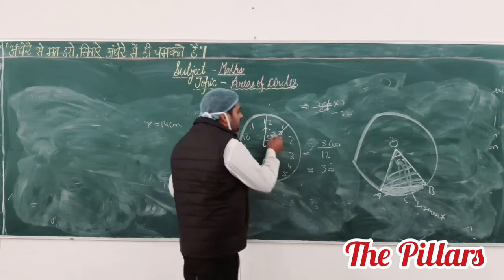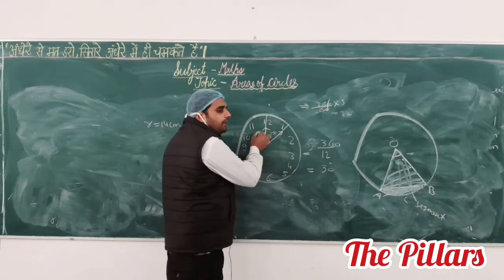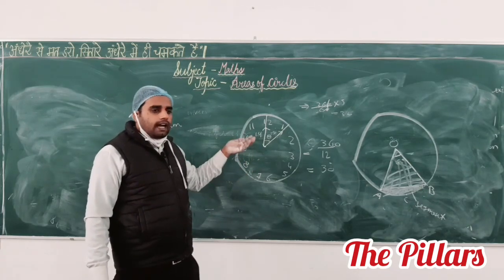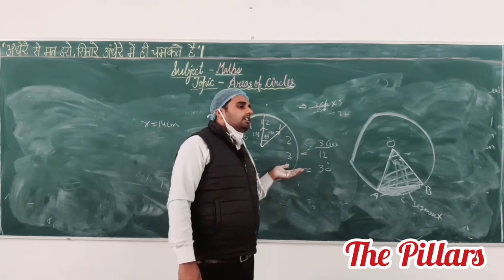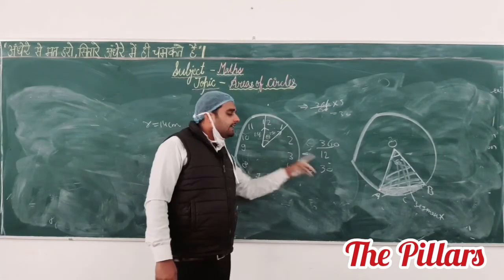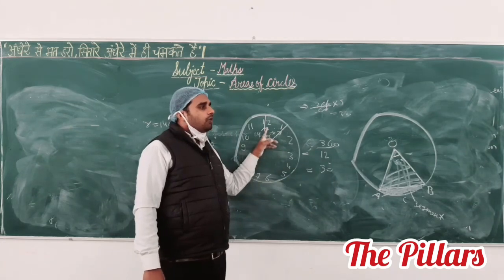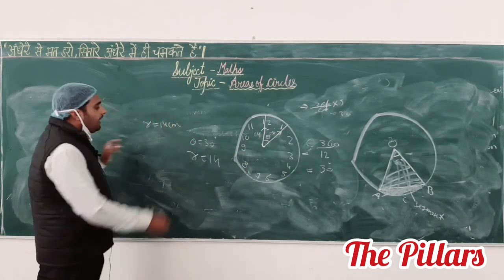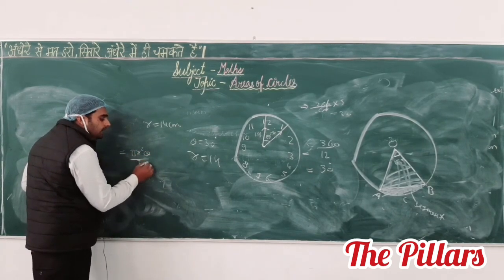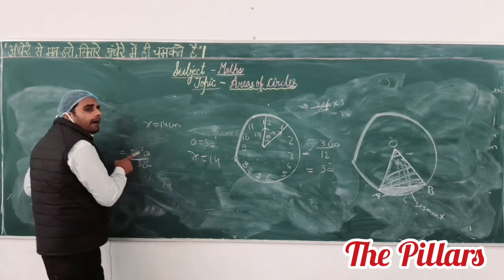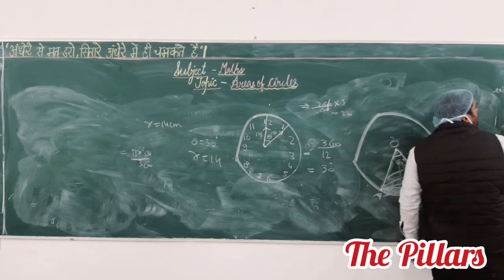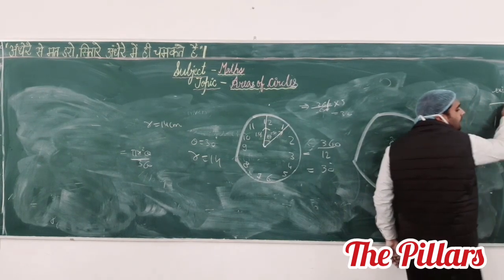You know that the value of theta is 30 degree, r is given as 14, then you calculate the area: pi r square into theta upon 360, which is pi r square into 30 upon 360. In this question, anyone have any doubt? We have to calculate the value of theta, which is 30 degree, and the given value of r equals 14. You have to apply this formula: area of sector is pi r square, theta upon 360 degree. Theta 30 degree you have to mention, the value of r you have to mention 14, and you have to calculate the value. This is homework. Question number 3 is homework. 96 pi upon 12. Okay, anyone have any problem? These three questions.